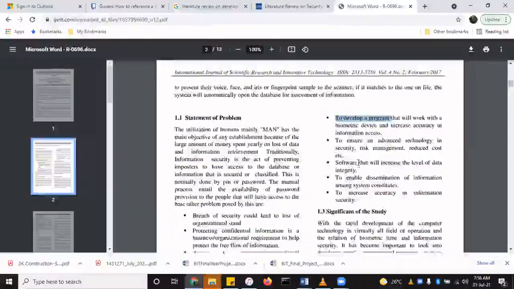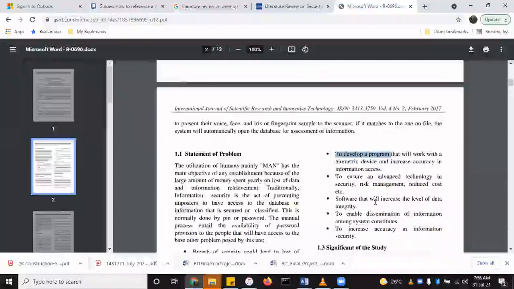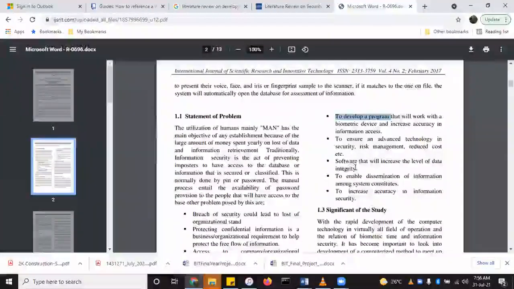I would have loved to see more of the how part within this particular document. Like for instance, how will the software increase the level of data integrity? So maybe to create